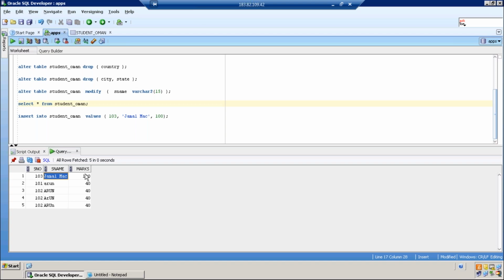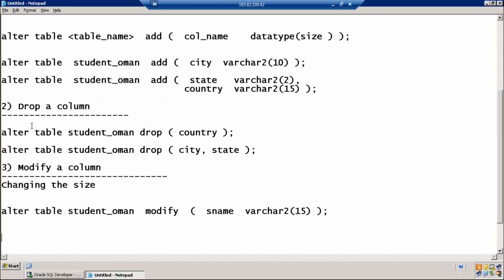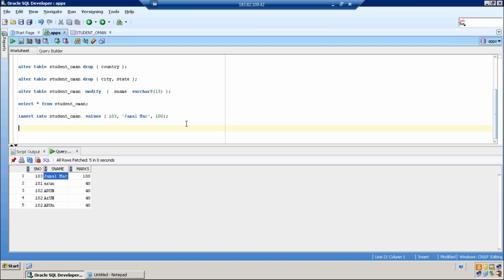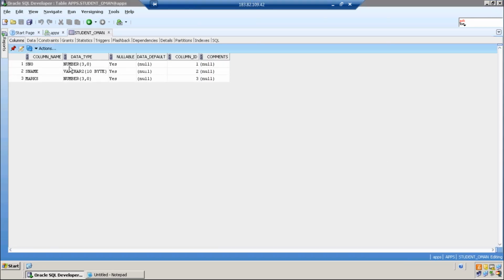I want to decrease it to 6. First point, can I decrease it to 10? Can I decrease it to 10? Student table has been altered. Now go back. Now it has been changed back to 10.